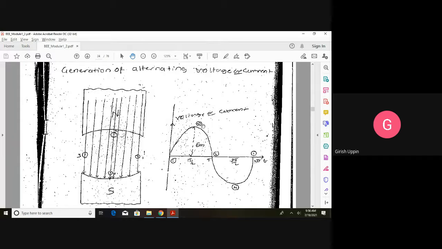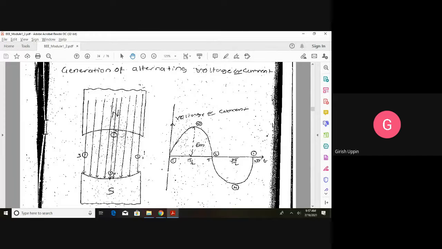So if we represent this as position number 3, then we continue to rotate that, and at this position the direction of the motion is like this and the direction of flux is like this. So the angle between them is 90 degrees. The flux cut by the conductor is maximum, but it is at the opposite pole. Earlier in position number 2 it was at the north pole, now it is at the south pole. The polarity will change. If I plot that, it would be minus Em or minus Vm,